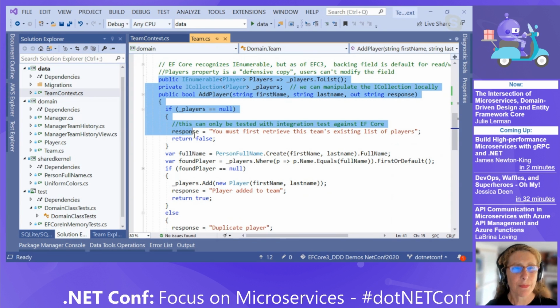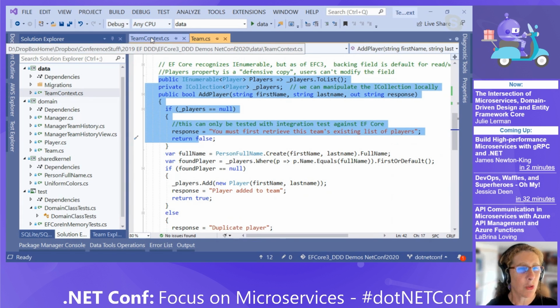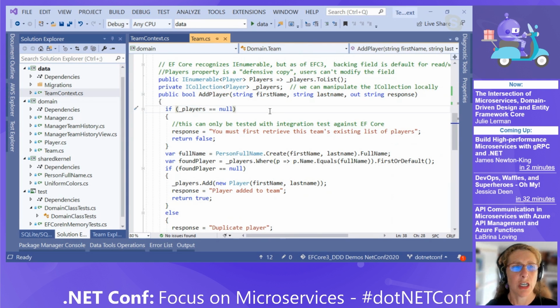And I'm trying to remember off the top of my head if Entity Framework is going to recognize this. I don't even have to add an extra configuration for this. And the other interesting thing is the difference from EF Core 1 and 2 to EF Core 3. Before EF Core 3, materialization would have gone through here, but now it's going to go through this backing field.